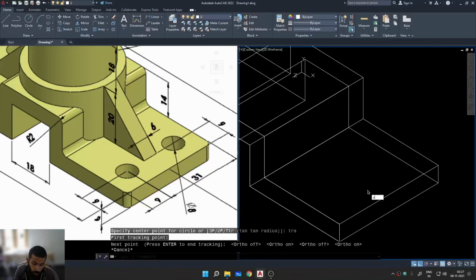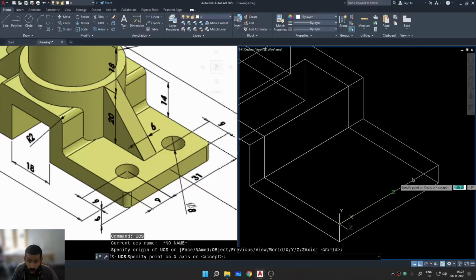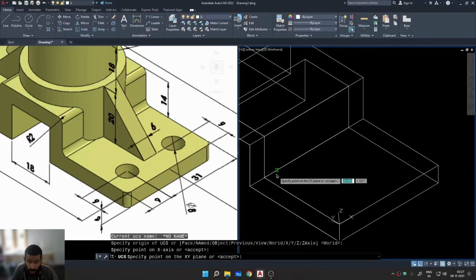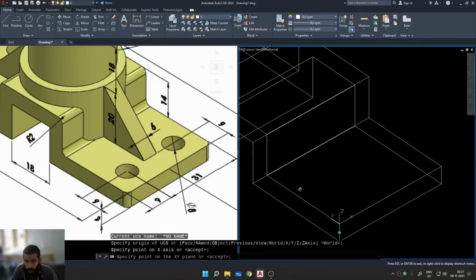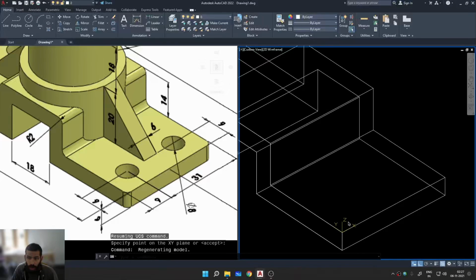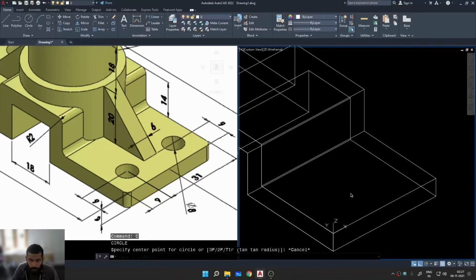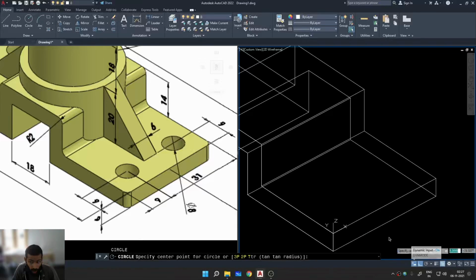So now let's try to change the plane UCS and hit origin. The origin is right here, positive X is right here, and the positive Y is right here. So we have laid the XY plane right onto this face. So circle, if I hit, the dynamic UCS is turned on. Okay, if I hit hash pound,